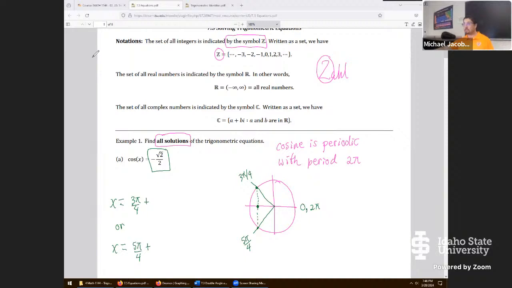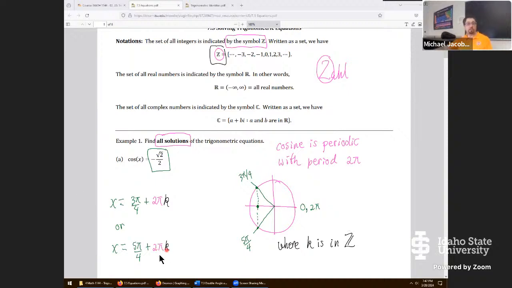Next, we are using periodicity. We know these things just repeat with period 2 pi. So we go 2 pi, 2 pi, and that still gives you another solution. But that's just one additional solution unless you do this. Exactly, we need an integer. We go 2 pi k,